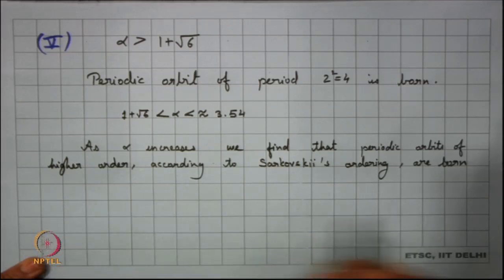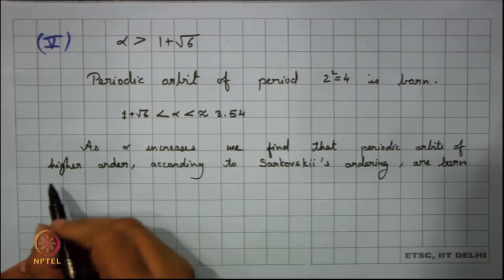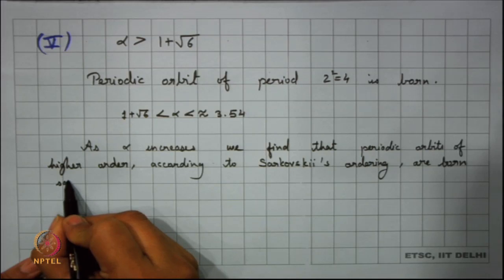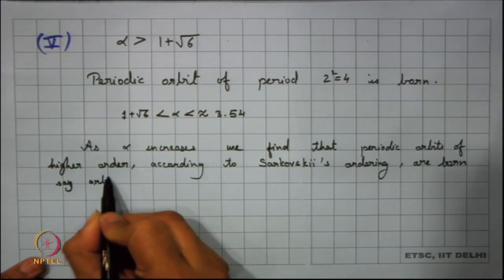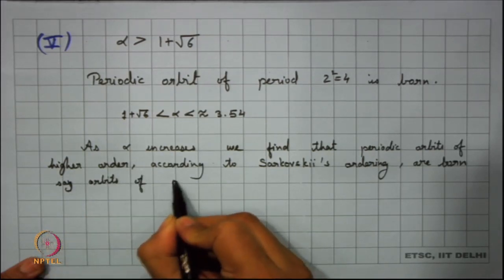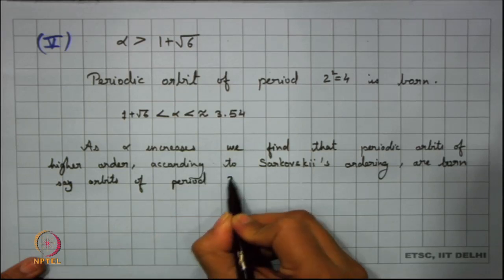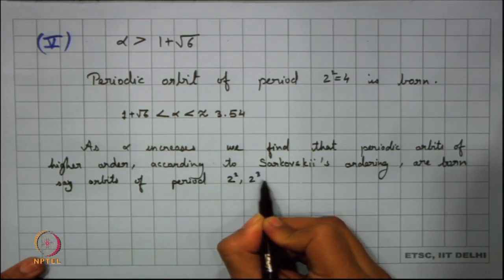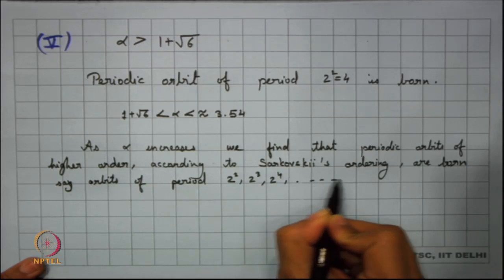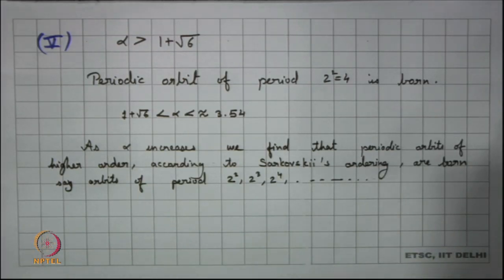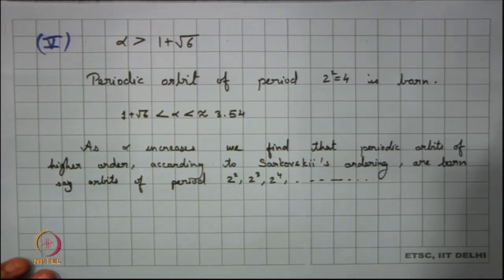So, this happens, say, for orbits of period 2 square, 2 cube, 2 4, etc. These are born, and then they eventually turn repelling, then new orbits are born, which become attracting and so on, and this goes on